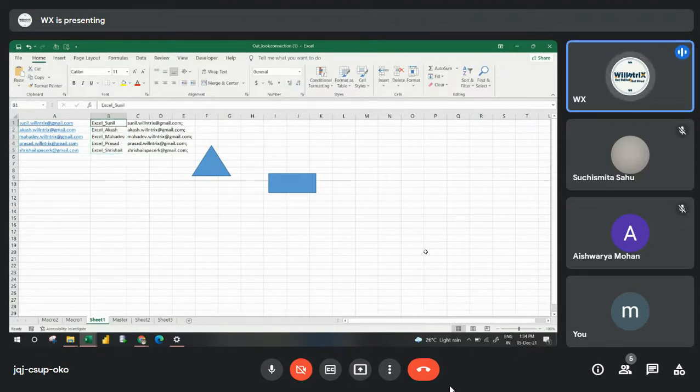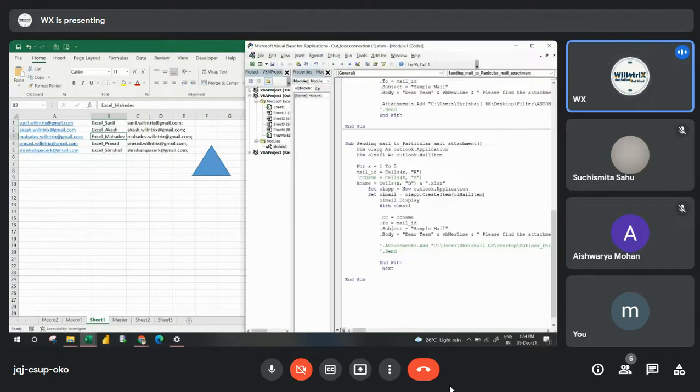Once you have printed the names here, go here: first the Outlook application, OL. Then, before you set the workbook, we set this first, and then we use a loop. But here we should use a loop first. Why loop first? Because in our previous code, Outlook displayed one time, after adding all the email IDs and the same attachment, then send, and it's done.